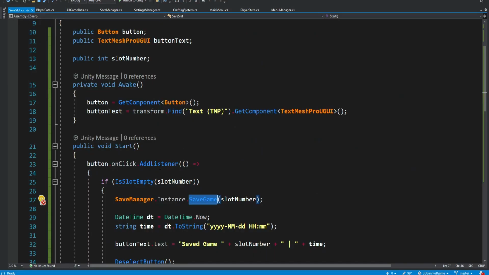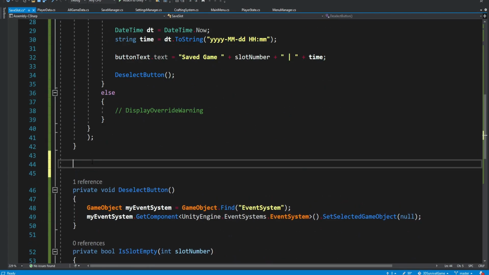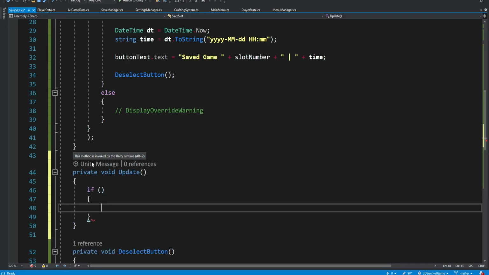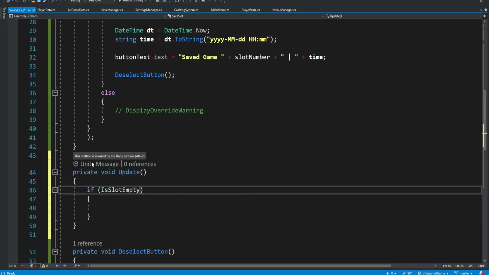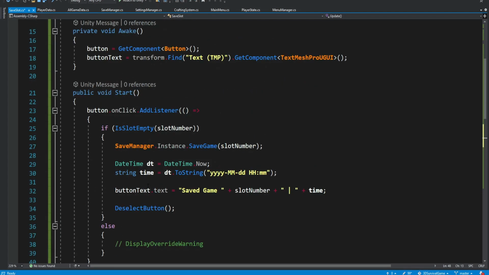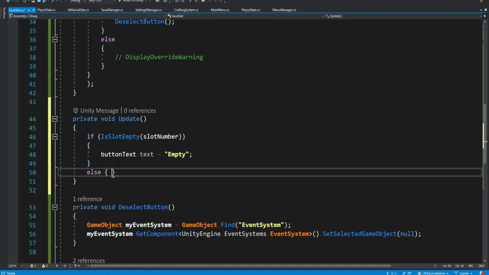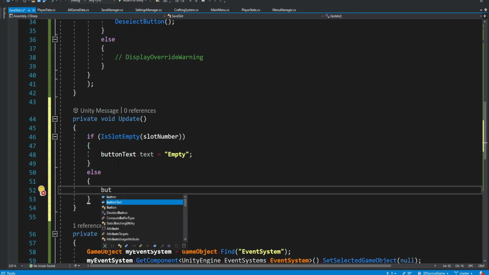So we open our save slot script and we create an update method. And inside the update method, we're simply going to check if the slot is empty, with the slot number. So if this slot, the slot that the script is sitting on, is empty, then simply change the button text to be empty. But if this slot is not empty, then we can simply say button text,